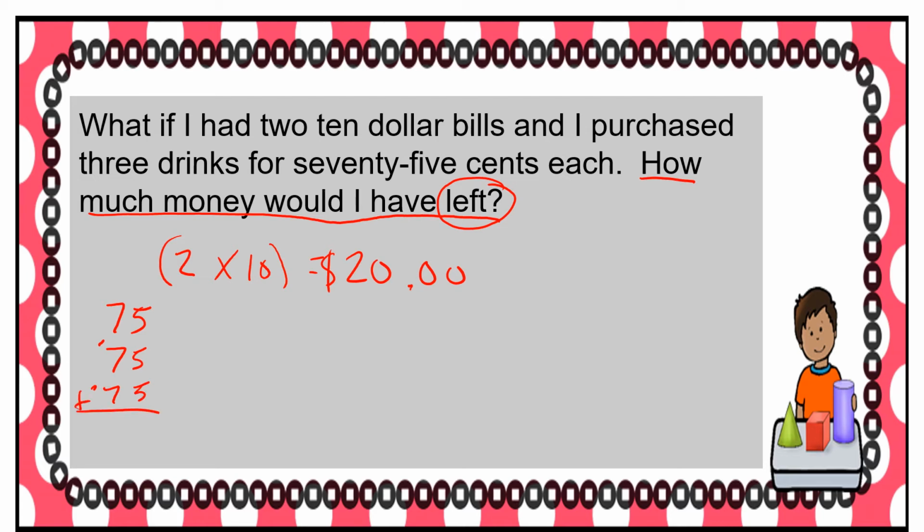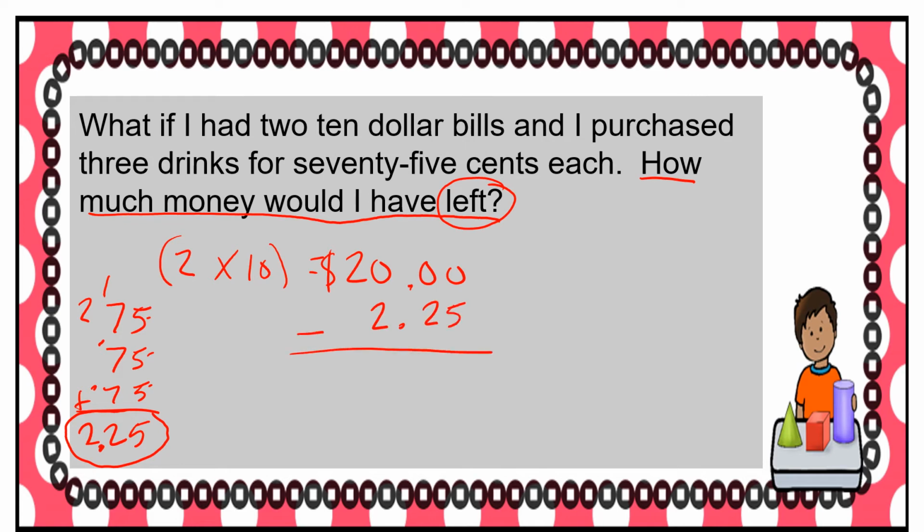If I add them up, 5, 10, 15, carry the 1, 7 times 3 is 21, plus 1 is 22, carry the 2. So my answer is $2.25. So here, how much would I have left if I purchase something that costs $2.25? So I take away